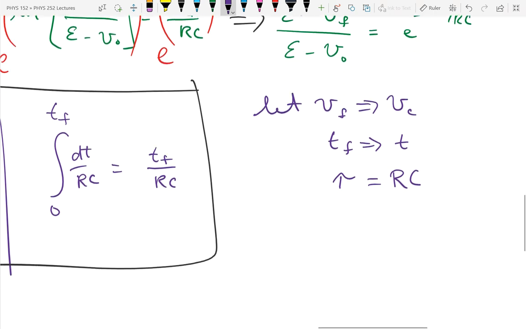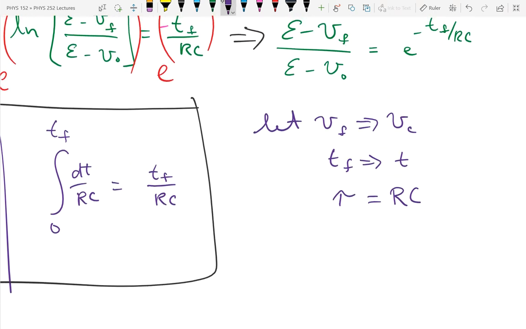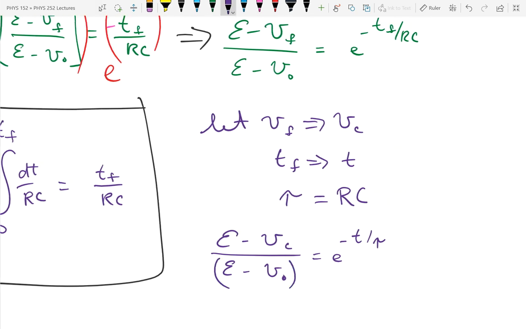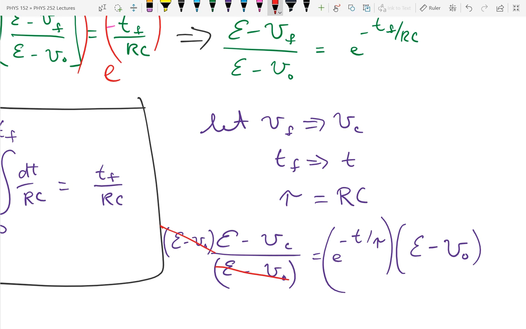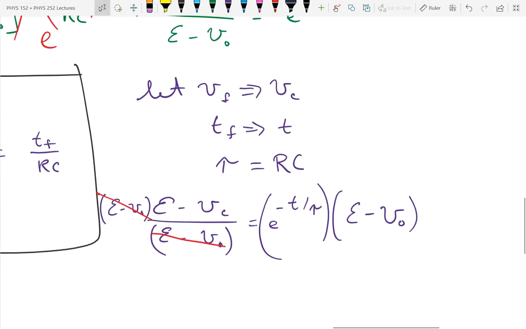So using those substitutions, my equation is that, let's cross, we want to solve this for voltage across the capacitor. So multiply both sides by E minus V0. E is EMF, of course. So on the left side, I cancel it out. And I have